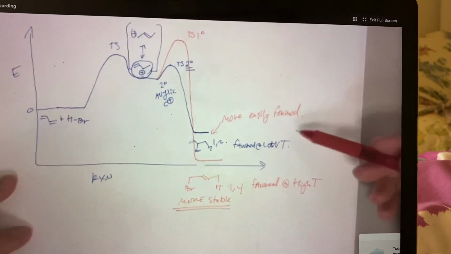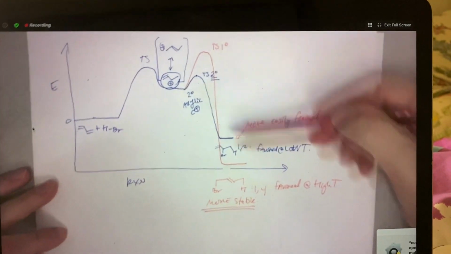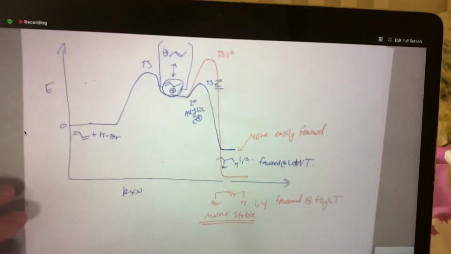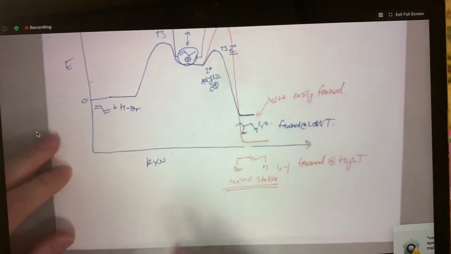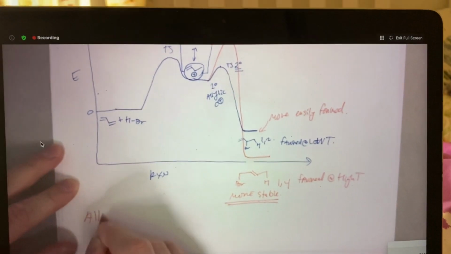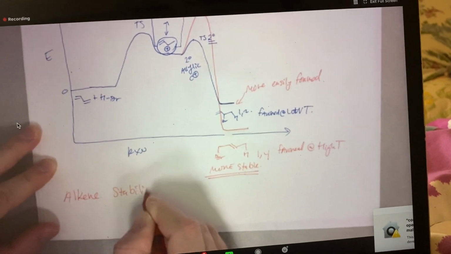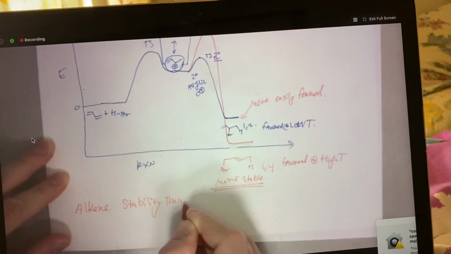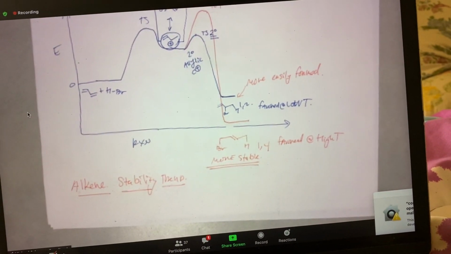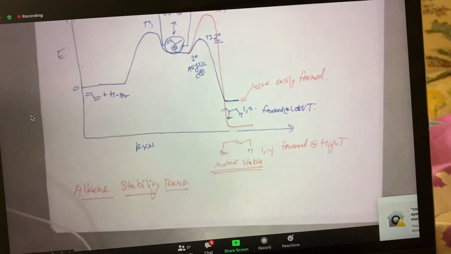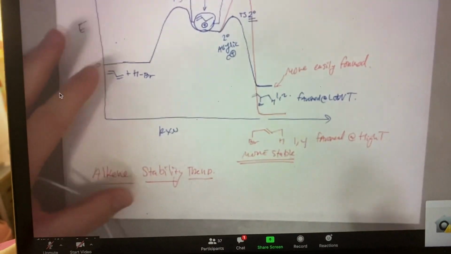And that's illustrated in the transition state. This one's harder to make, but in the end it's more stable. And we're going to talk about that particular issue right now. I don't think we actually got to the alkene stability trend. The alkene stability trend will become important next week. So when we talk about elimination reactions, which we're a ways away from, we're going to learn about this alkene stability trend. But in short,